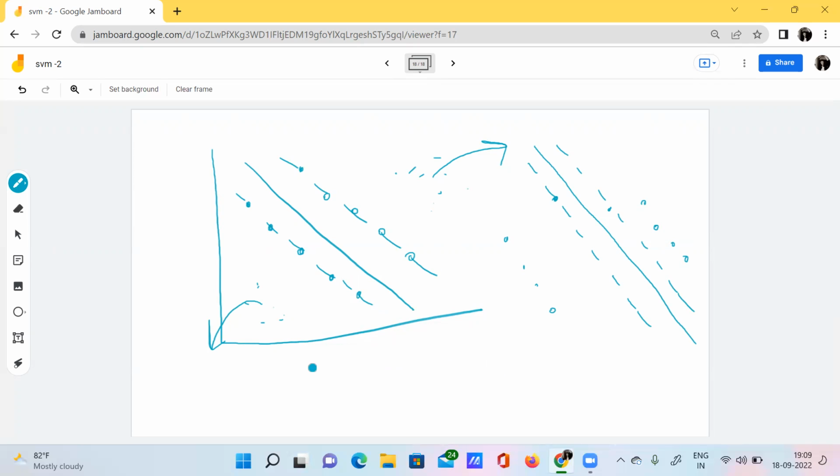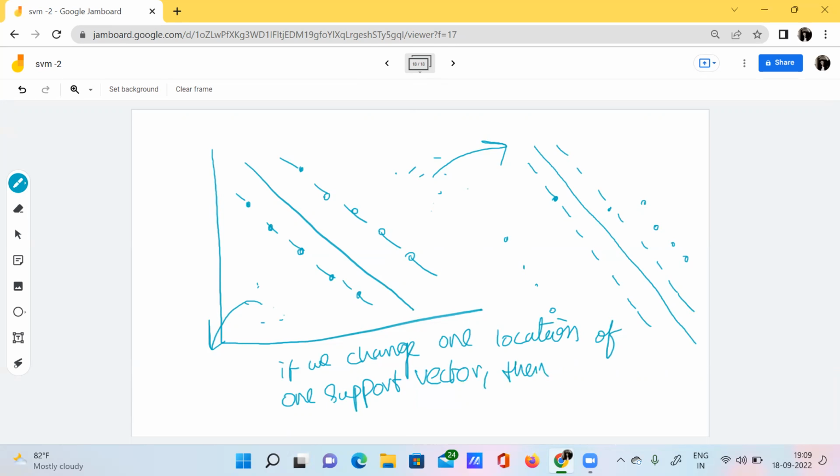So this property: if we change the location of one data point, sorry, not one data point, one support vector, then the location of the hyperplane will be changed.